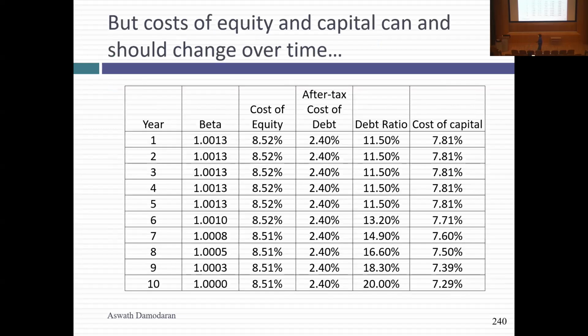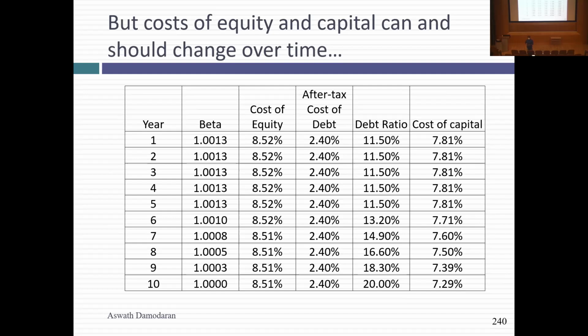And that's something I want to make as a more general point. When we did capital budgeting, we came up with the cost of capital. And we just left it, right? So if you look at the Disney theme park, we computed the cost of capital. We used the cost of capital for the next 10 years and beyond. For individual projects, that makes sense. But think about what you're estimating as a cost of capital for a company. It's a cost of capital right now. It reflects the company as is.